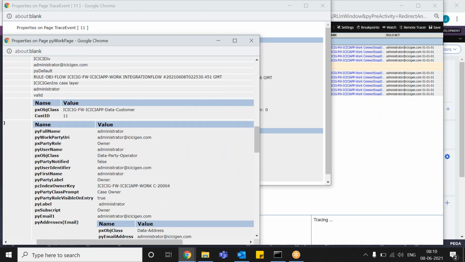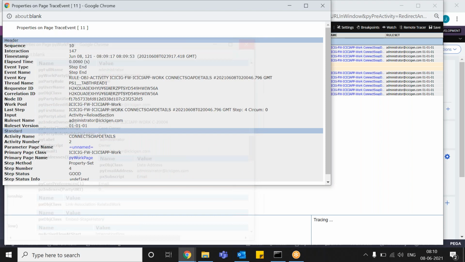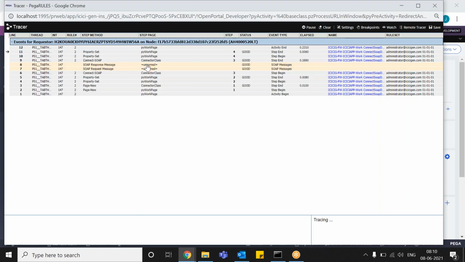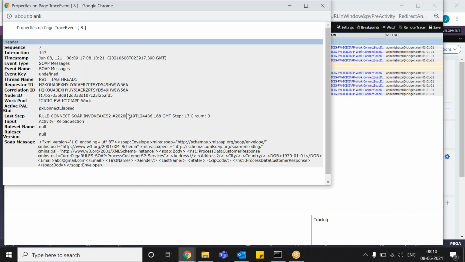Instead of this, yeah, SOAP response message. Close this. Click on that. So you did not get anything. Yes, so it is not returning at all, first of all.